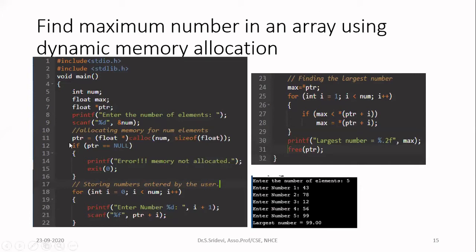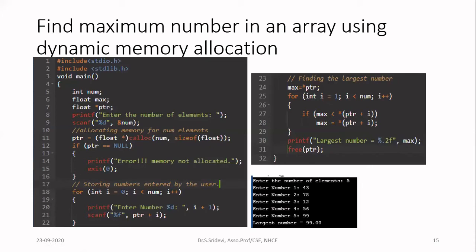You can see here we have not declared any array in this. Now only you are going to allocate the memory. What is the memory you are going to allocate? Whether it is a memory for 5 integers or 5 floating point numbers, 5 characters, that we don't know. Now let us assume that we are going to find maximum number in an array of floating point numbers. Since I am going to store floating point numbers in the memory allocated, I am going to declare a floating point pointer. So in line number 7, I have written float star ptr. Assuming that in the memory, I am going to store numbers with decimal point also.